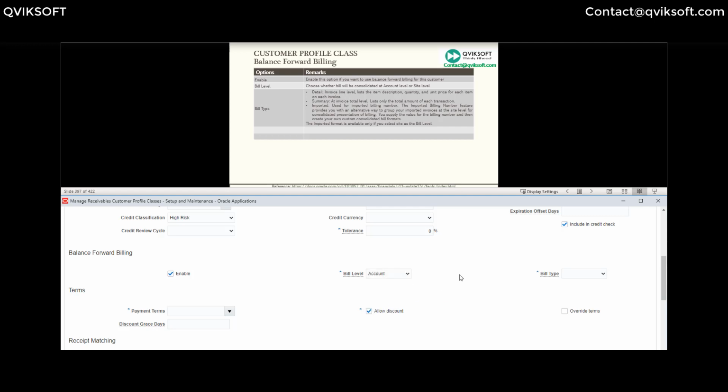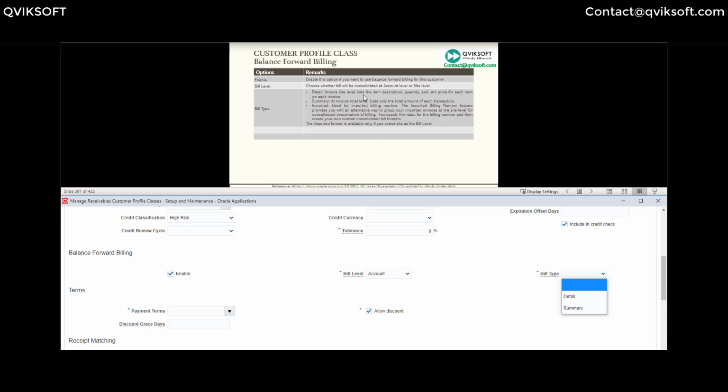And then what is the bill type? These are the different types you can have, detail or summary. If you choose detail, the invoice line level lists the item description, quantity and unit price for each item on each invoice. Let's say I have 10 invoices, and each may have many lines. If I'm grouping those invoices into a consolidated invoice and I choose detail, the system is going to list each line of each invoice.